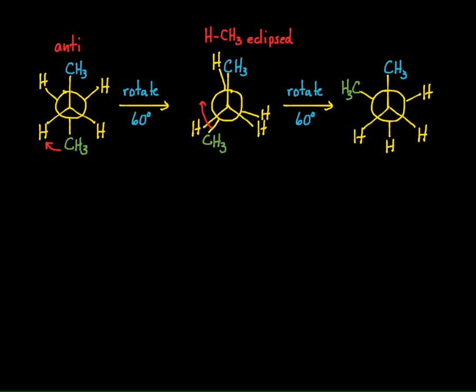So now I have a staggered conformation. So notice my first was staggered, then I go to eclipsed, now I go to staggered. But this staggered is different than the staggered anti-conformation. The two methyl groups are getting very close to one another. They are 60 degrees from one another. We call this gauche. When two alkyl groups, two methyl groups, are 60 degrees from one another, that is a